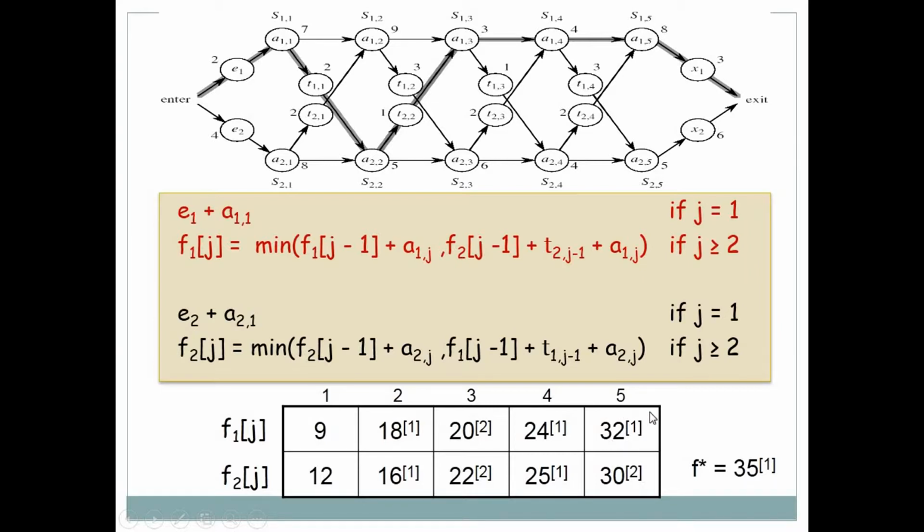Again at the previous point 1, so we will choose this station. Again previous 2, so we will choose this station, and again previous 1, so we will choose this station, and again 1 here, so we will choose this station. So it says that you will have to follow this path from assembly line 1, then assembly line 2, then assembly line 1, again assembly line 1, assembly line 1, and now exit. So these are the stations and this is the minimum cost to manufacture an automobile. Okay, so this is the solution of that problem.